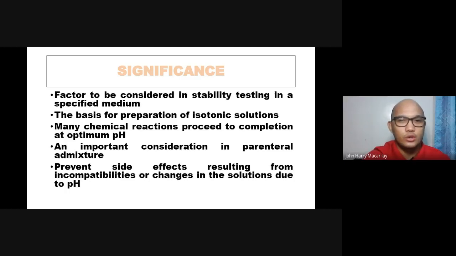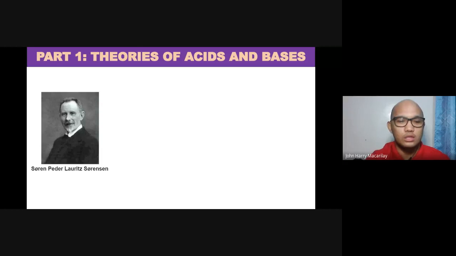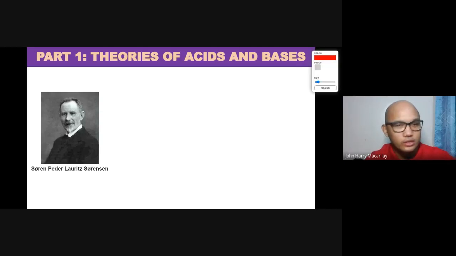The first theory was introduced by Soren Peder Lauritz Sorensen, also known as Sorensen's pH scale. pH is the measure of the concentration of the hydrogen ion in solution. According to this theory, an acid and a base can be described according to a numerical value. According to Sorensen's pH scale, which is between 0